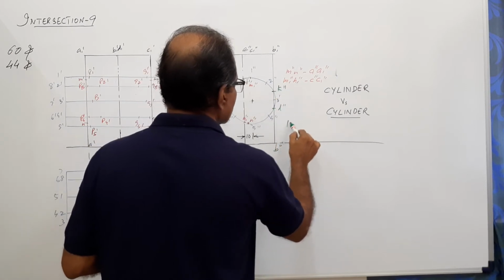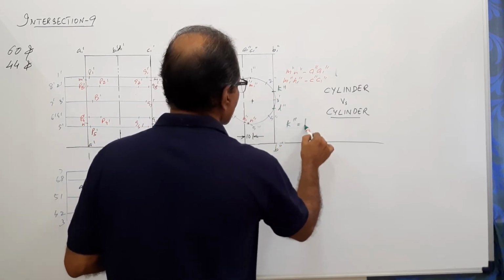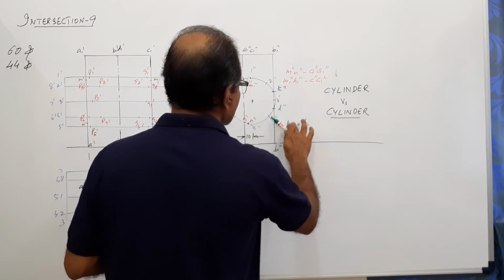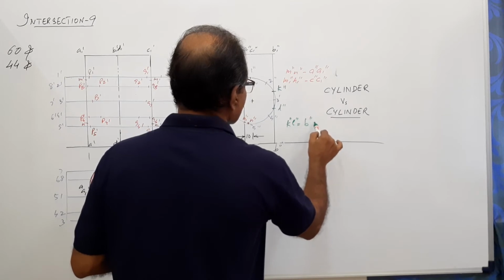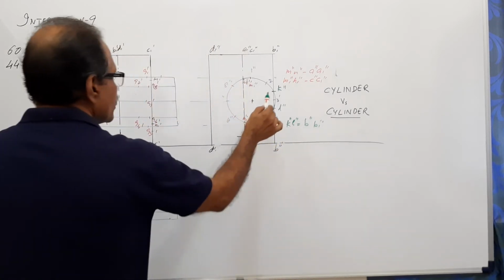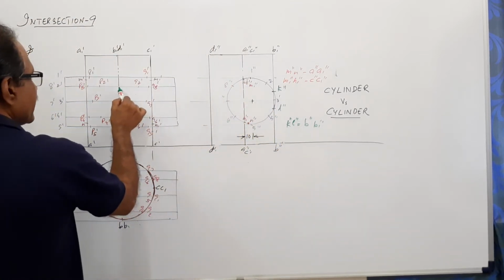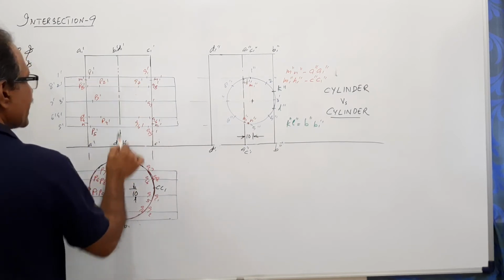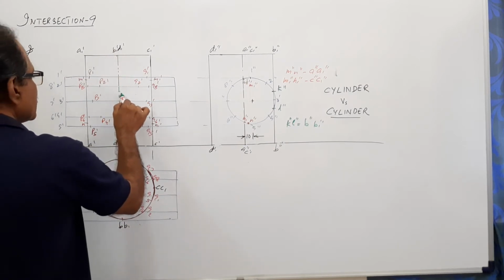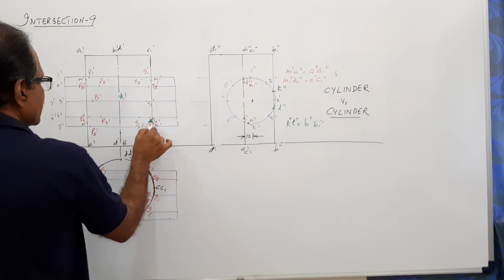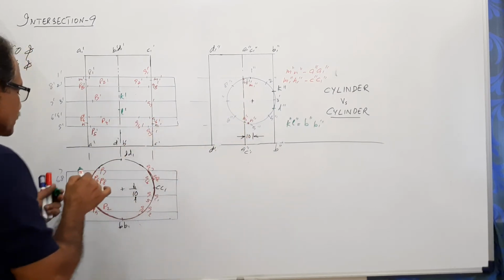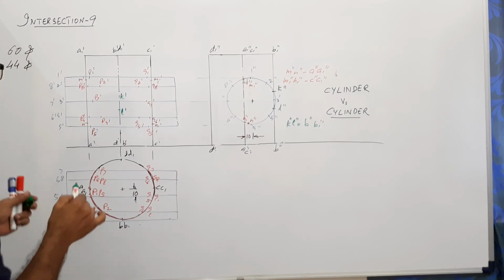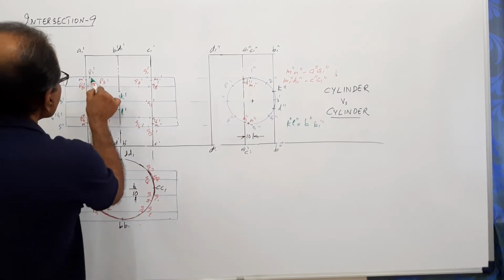Where is K double dash? K double dash is on B double dash, as well as L double dash on B1 double dash. Draw horizontal lines and cut B dash, B1 dash. This is K dash, and somewhere here when you project you get L dash. The two curves actually merge. What happens is this.